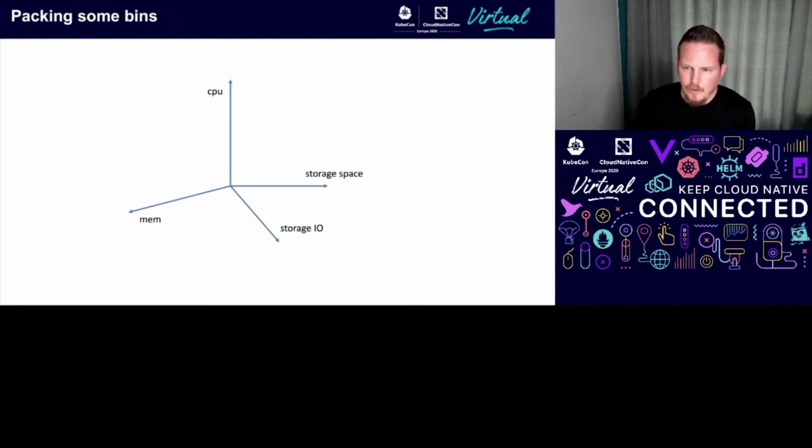and we want to effectively fill these bins with pods, and we want to fill them as full as possible without them impacting each other, in order to maximize the utility of that cluster. So we schedule a pod, and that pod is going to consume some amount of CPU, some memory. It will generate some amount of storage I/O and consume some amount of storage space. And if you draw this up onto this multi-dimensional object here, you get a shape. And so each pod has its own shape.